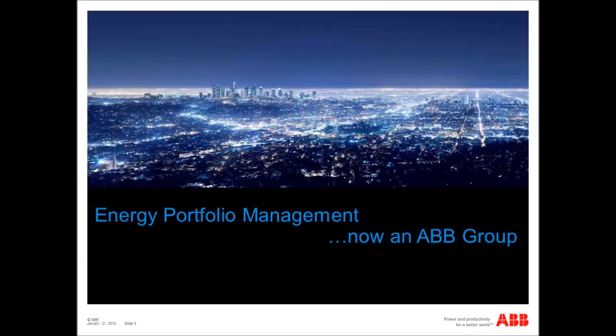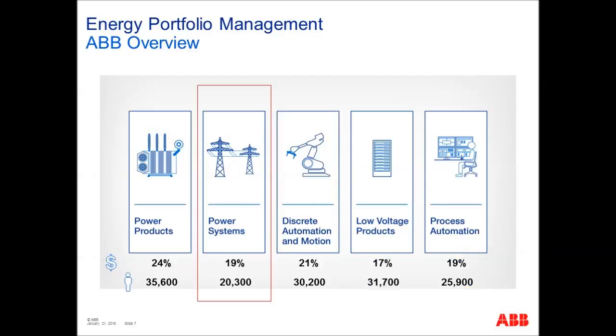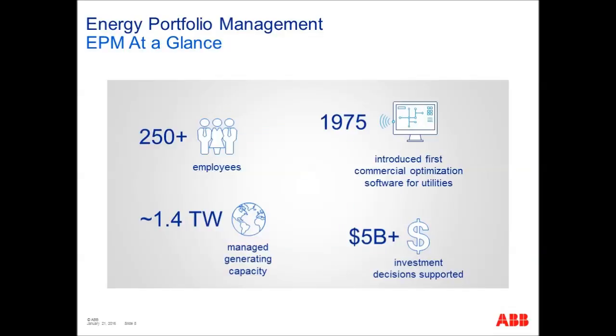So first of all, a brief introduction. We're ABB. We're a very large corporation. And our group is in power systems, and we're generally about 250 employees. Many of you will know us by our various other names: Ventyx, Henwood, Energy Management Associates, New Energy Associates, Midas, Global Energy. We're all now contained within the ABB organization, and we're still providing support to all our clients since 1975 when ProMod first came out.